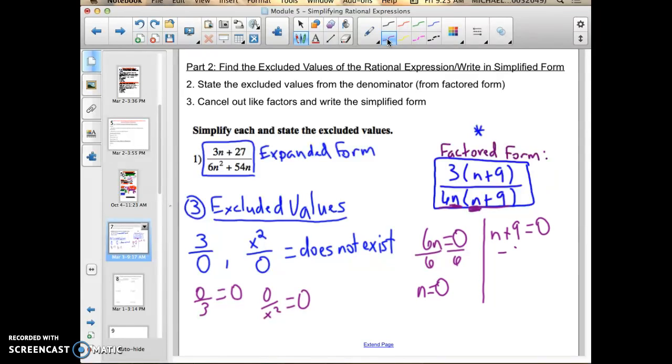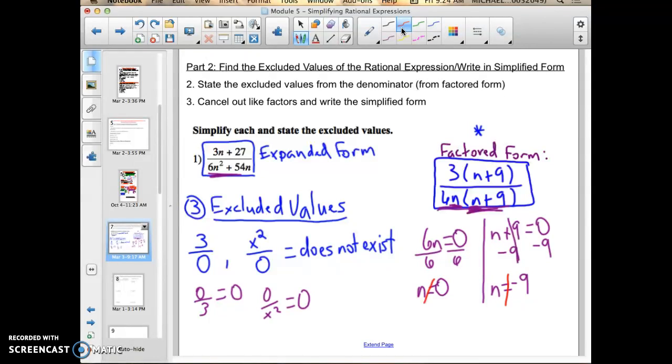In this, I would have to subtract 9 from the left side, subtract it from the right side. It goes away, so n equals -9. So now I have found, in this case, technically just found solutions to a quadratic equation, but because this quadratic equation, this 6n squared plus 54n that turned into this 6n times n plus 9, exists in the denominator, I need to make a very big declaration or clarification that these variables